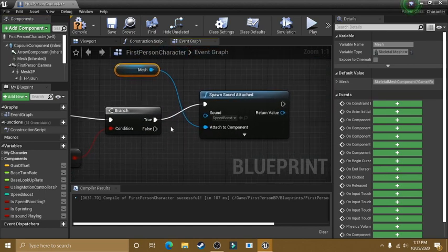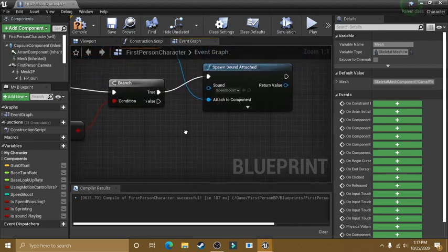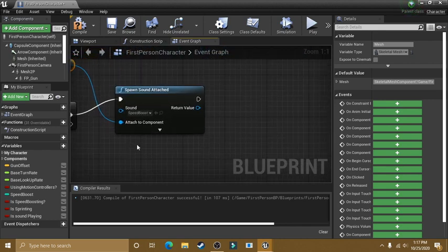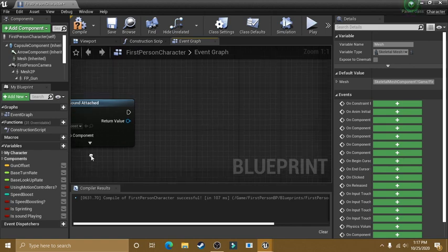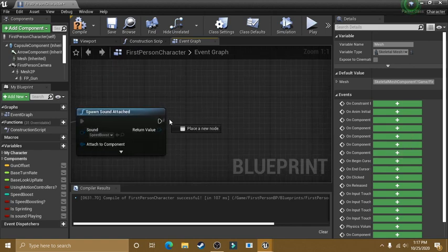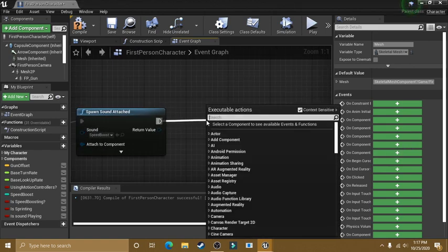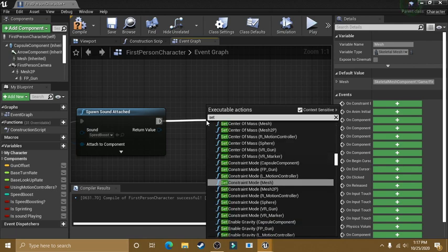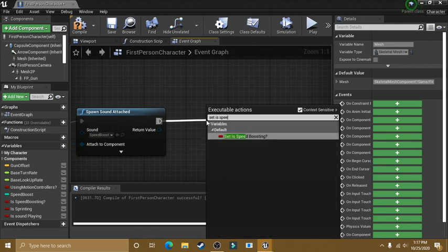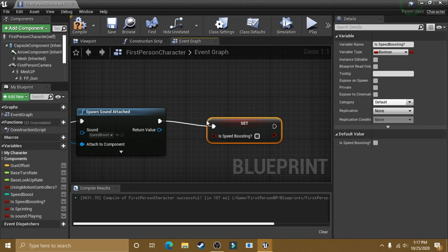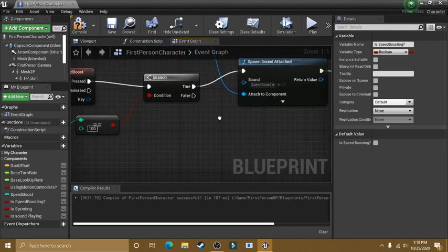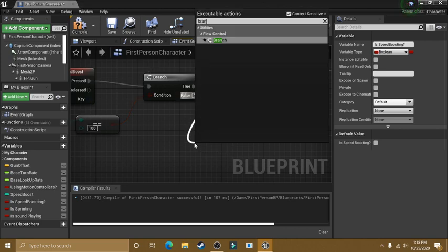We're going to drag that up there. Then we're going to set is speed boosting to true. And while we do that, we're going to drag off false over here, get another branch,